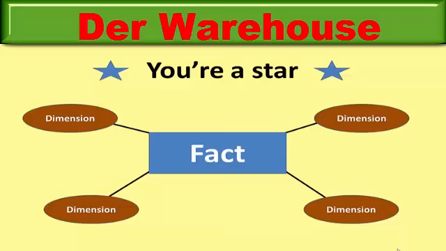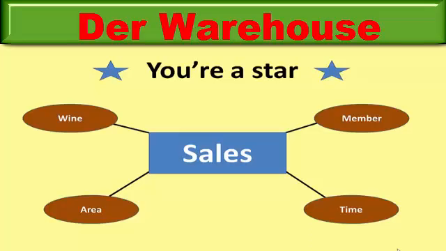So, for example, you might have sales. Sales is the item in the middle. So for each sale, you have the member ID, wine ID, area ID and time ID. Time is needed, so you get the idea of trends. And you have that for every sale. Now, that may not be applicable. For example, one member may have bought many things, but this is in second normal form. So even though one member has bought, say, 3 items, that member's details are now going to be recorded against each sale for each of those sales.